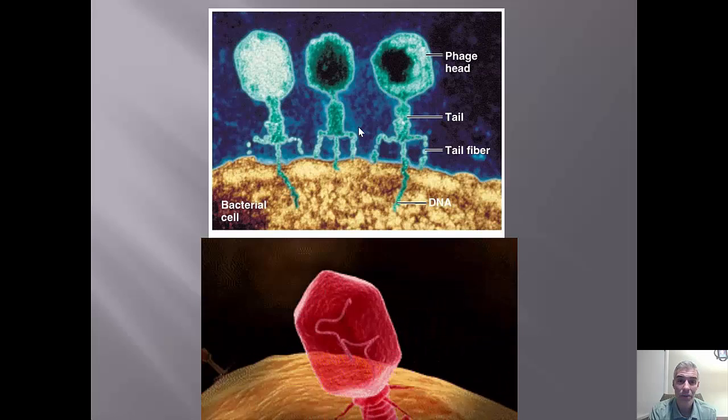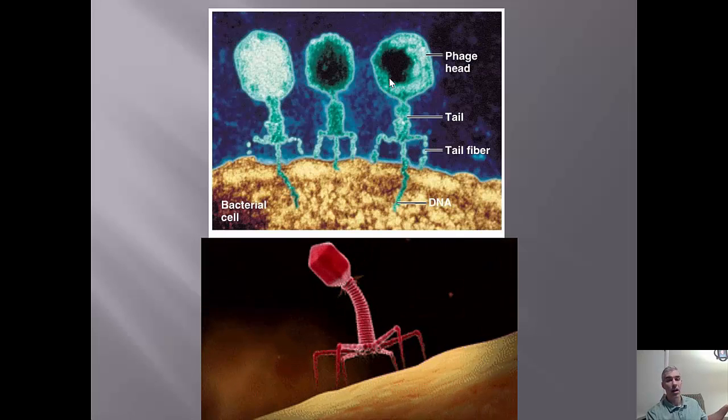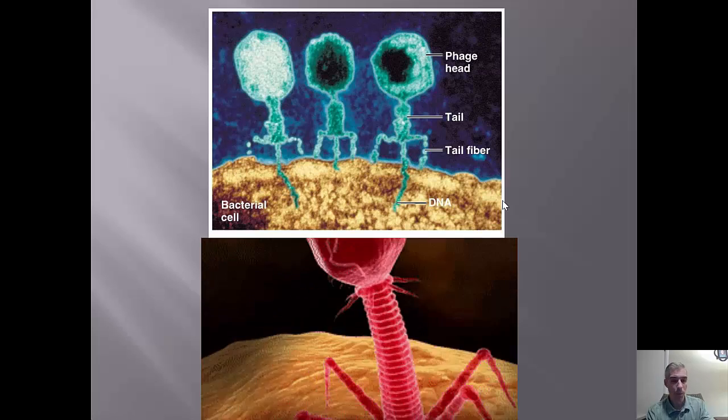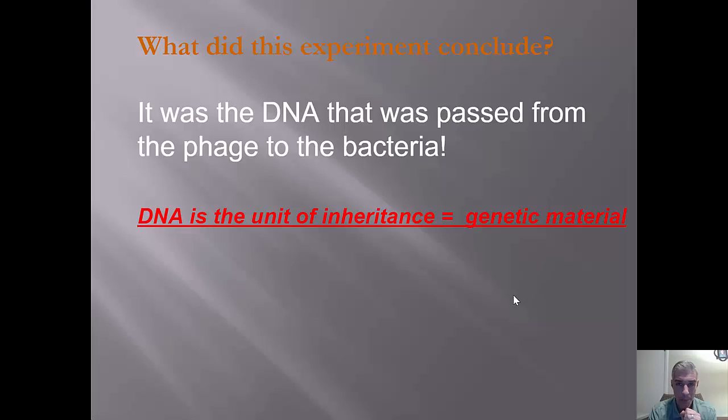And you can see here, we have these bacteria, these are actual electron microscopy images of the phage doing its job and injecting the DNA. So again, DNA is the genetic material. Once this experiment concluded this, and we also had the Avery, MacLeod, and McCarty experiment conclude the same thing, it was a mad race to determine